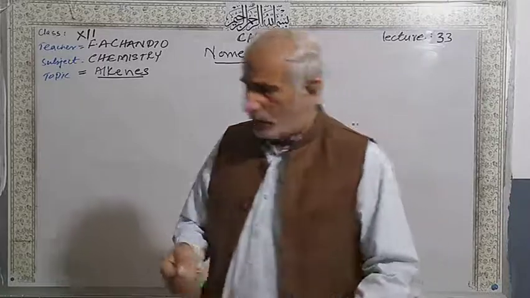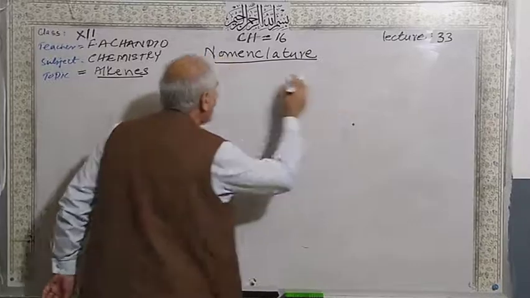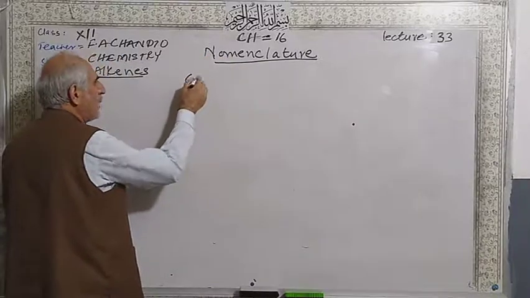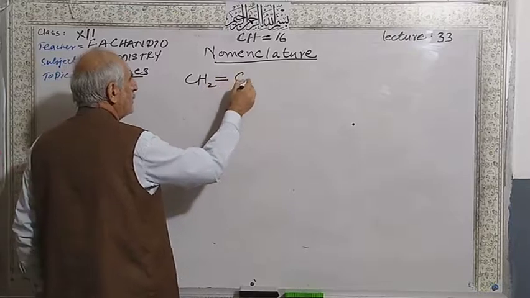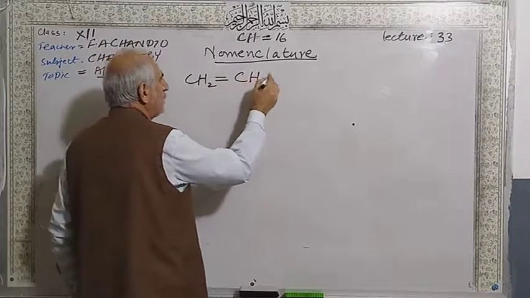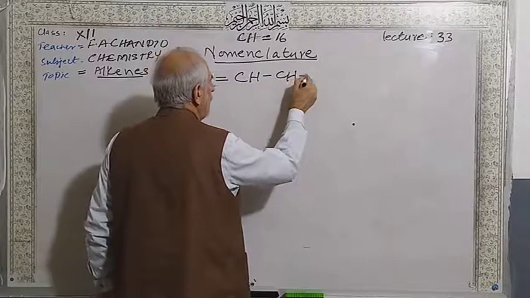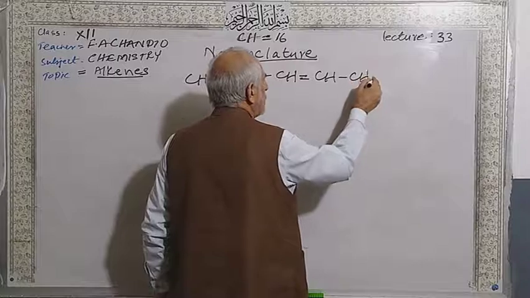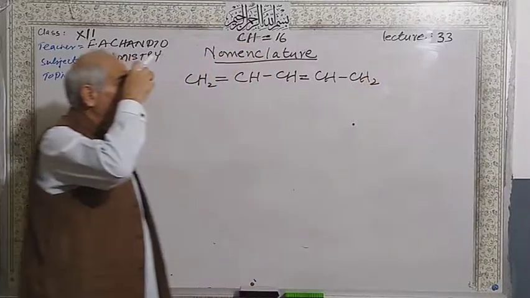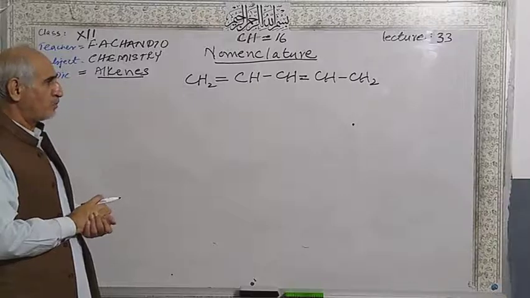So, there are different names and structures, just like I am giving you one example. CH2 double bond CH, then CH double bond, then CH2, like this one. So if you have a structure like this and it contains two double bonds,